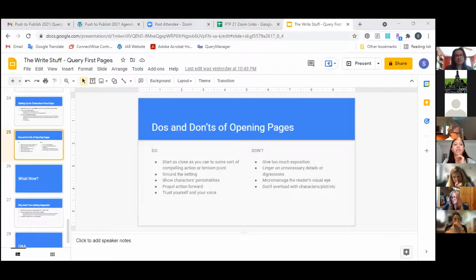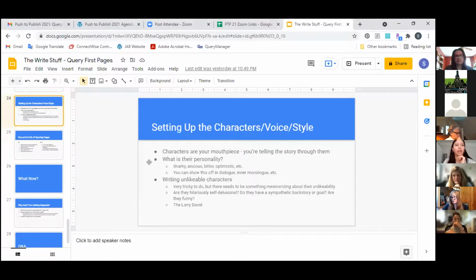Going sort of on the subject of unlikable characters, we'll go back to that slide. You mean if the main character is an awful person? Yes and no. For example, Hannibal Lecter is probably one of the worst people. He's a cannibal and a murderer, but he is still a very compelling character, and he has a whole series around him. It depends, it's up to you. If you want your main character to be an anti-hero, that's definitely something you can do. We have lots of examples of successful anti-heroes in literature.